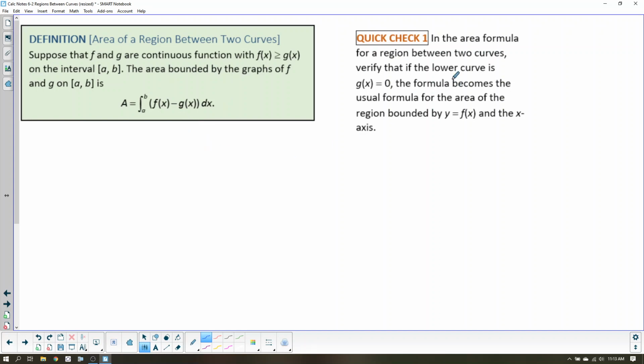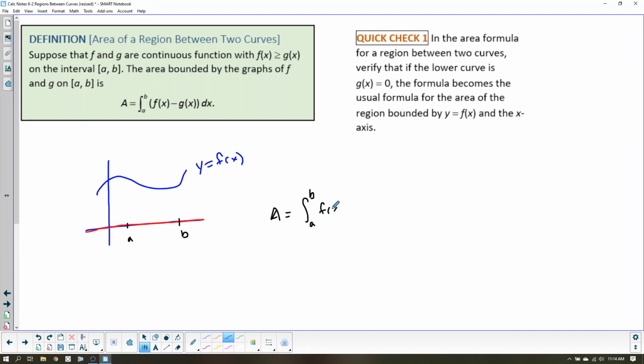That's what this quick check is actually referring to. It's saying, suppose that your lower function is just the zero function, then how would it work in this case? Well, let's make a little rough sketch here. Let's say this is our function y equals f of x, and if we think of our second function as just being the zero function, then according to this, the area is going to be equal to the integral from a to b, just putting in arbitrary a and b here, of f of x minus g of x